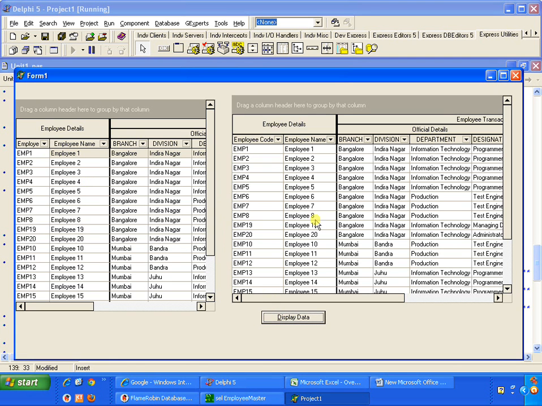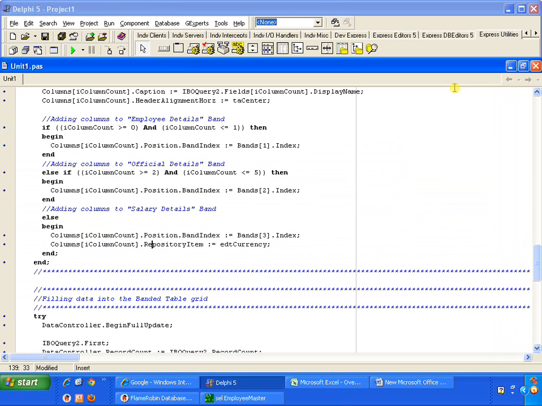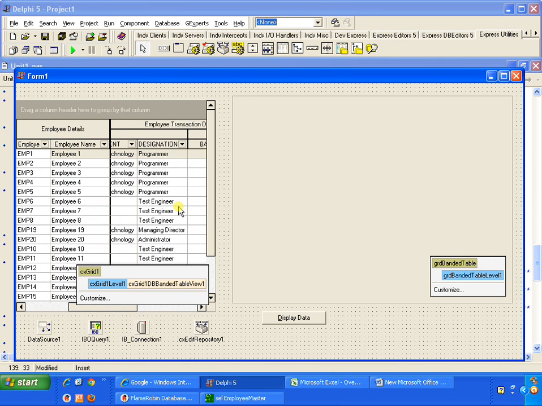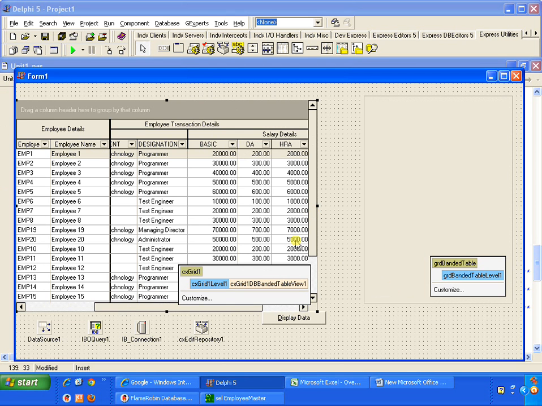Now what we would be doing is adding one footer summary here, as we have done in our previous seminar, one for employee code and the remaining for these 4 columns. So we would see how we could do it here. First we would see it with the DB banded table view. For that we need to first resize this, take it to this place,